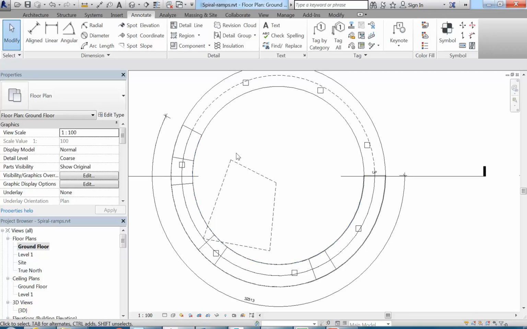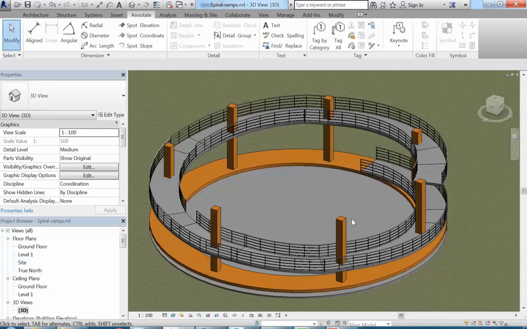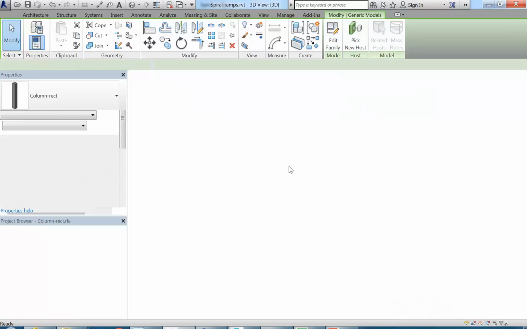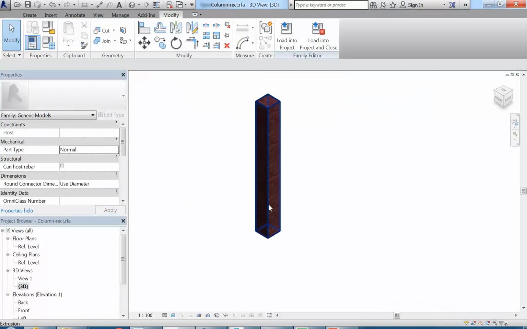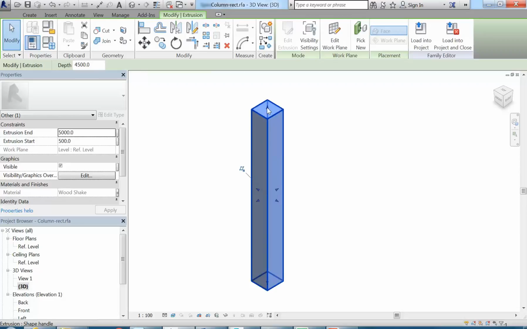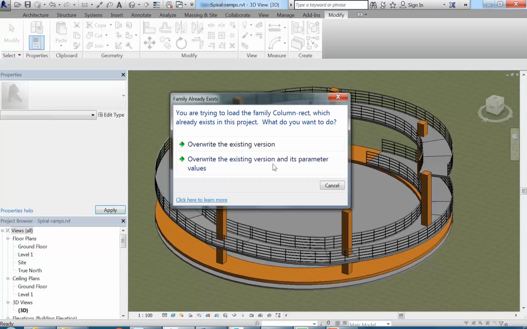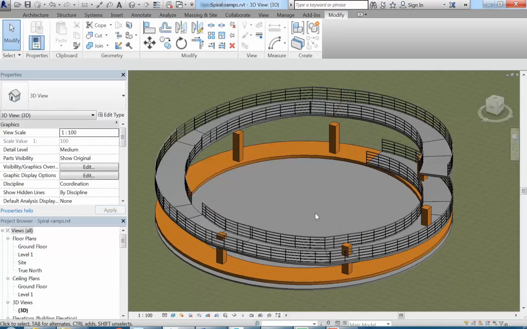So if I make changes in Revit, I might go back and fix up those columns. So I might need to change the height of them. I'll show you later how we can do a height parameter for those. But for now, just to make it simple, I'll stretch it in the family, save it, load it, and have them all change. Obviously I need to make them all have a different height later, but just so you can see that I've made a change. And now to update that change into 3dsMax,